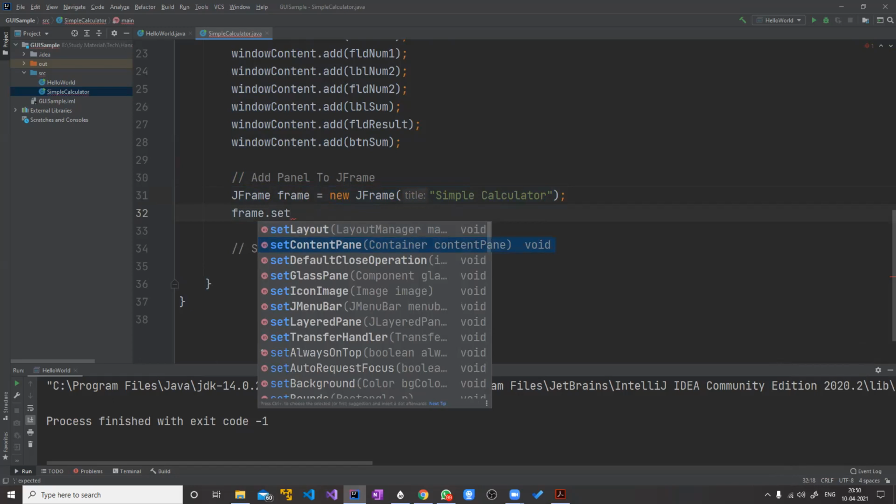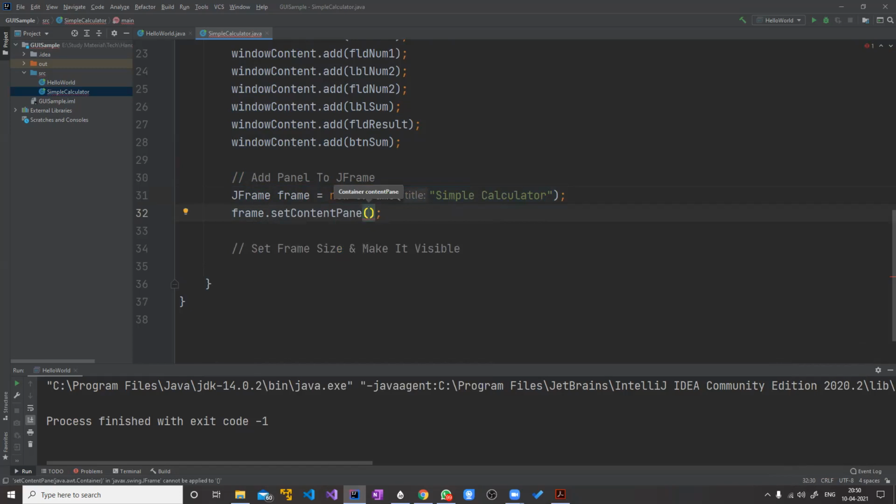So now there is a method called set content pane in frame. So set content pane, in that I'll add the panel. What is our panel name? It is window content. So we have added this. So this was the fourth step. To the outermost JFrame, we have added the panel.